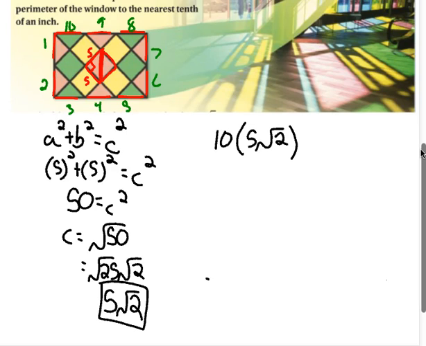So I'm going to have 50 square roots of 2. And it says to the nearest tenth of an inch. So if I type that into my calculator, we're talking approximately 70.7 inches. All right, just for a little application for you. So make sure you have that written down, and we're going to move on to our next slide,